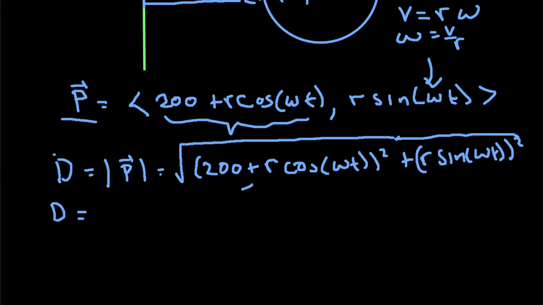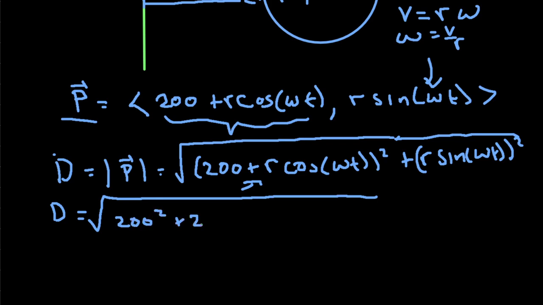I'm going to do some algebra and expand the stuff inside the radical. So that's going to be 200 squared plus 2 times 200 times r cosine, and I'm just going to rewrite omega as vt over r,